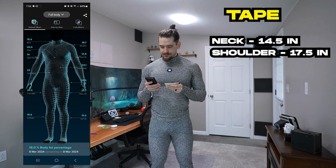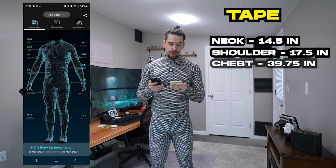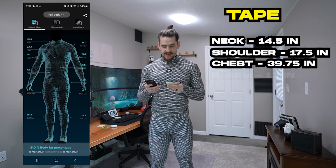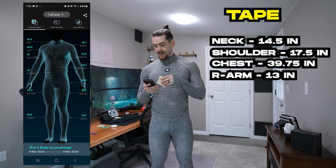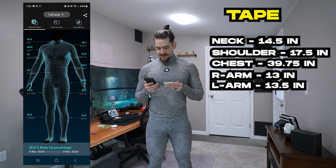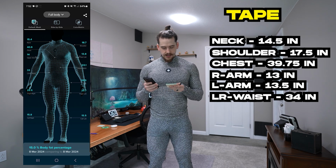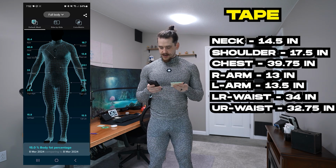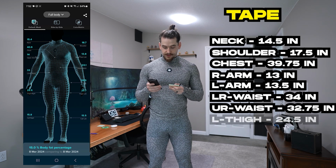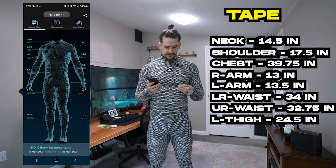For the chest measurement, they have 40.9 inches. I have 39.75 inches. Right arm, they have 14 inches. I have 13 inches. Left arm, they have 13.8. I have 13.5. Lower waist, they have 33. I have 34. Upper waist, they have 33.1. I have 32.75. Left thigh, they have 25.7. I have 24.5. Right thigh, they have 25.5, and I have